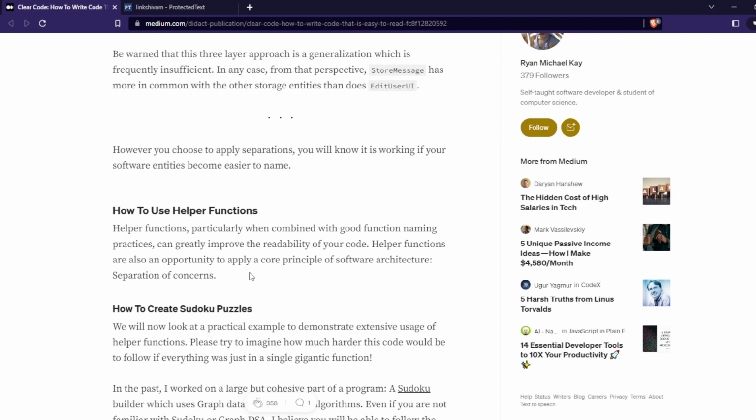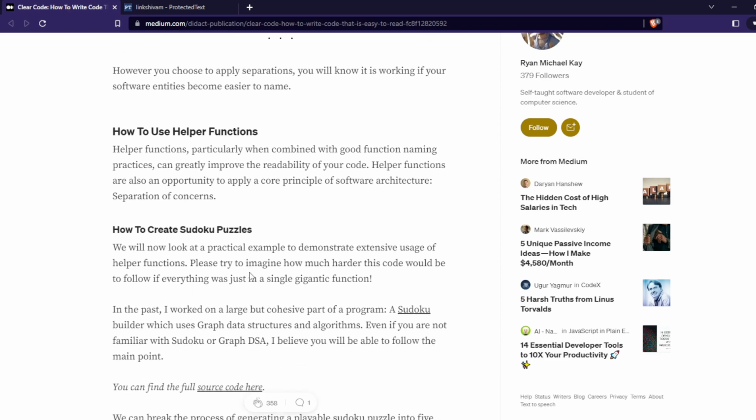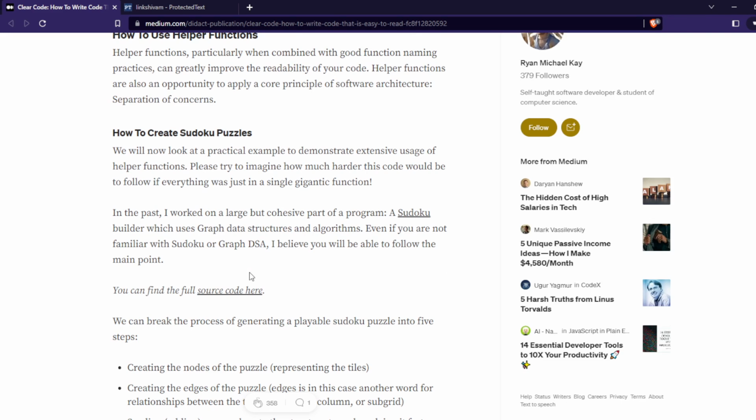readability of your code. Helper functions are also an opportunity to apply our core principle of software architecture, separation of concerns. How to create a Sudoku puzzle. We will now look at a particular practical example that demonstrates extensive use of helper functions. Let's try to imagine how much harder this code would be to follow if everything was in a single generating